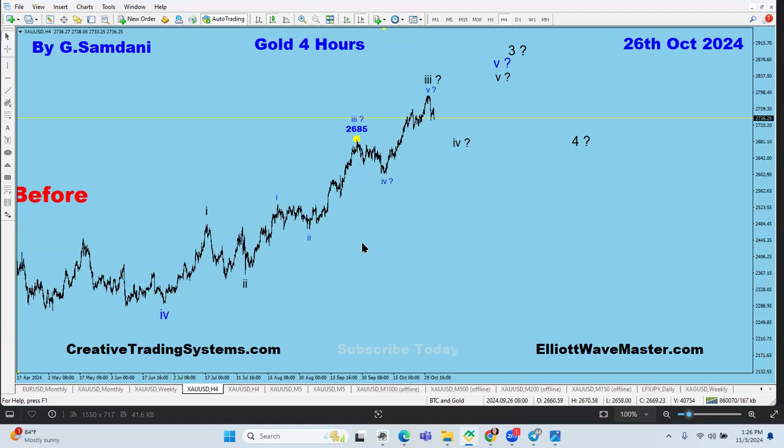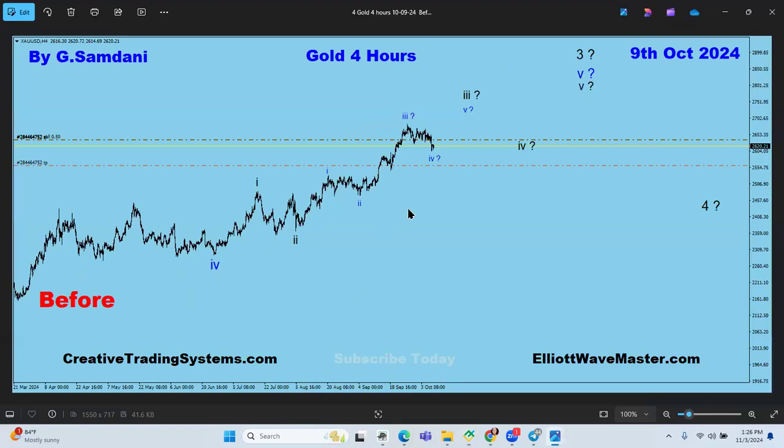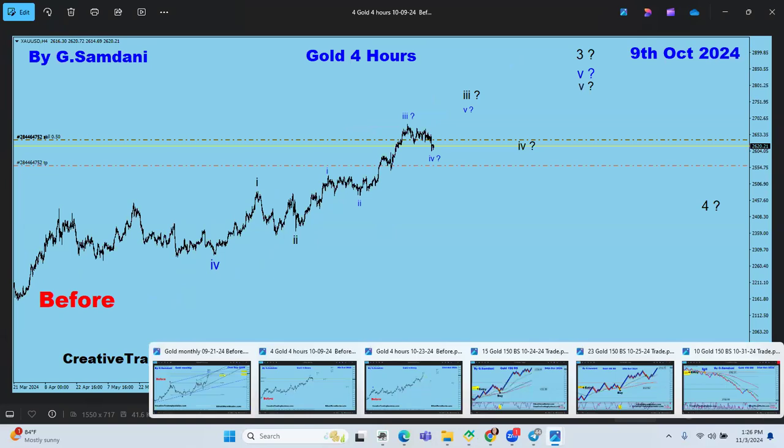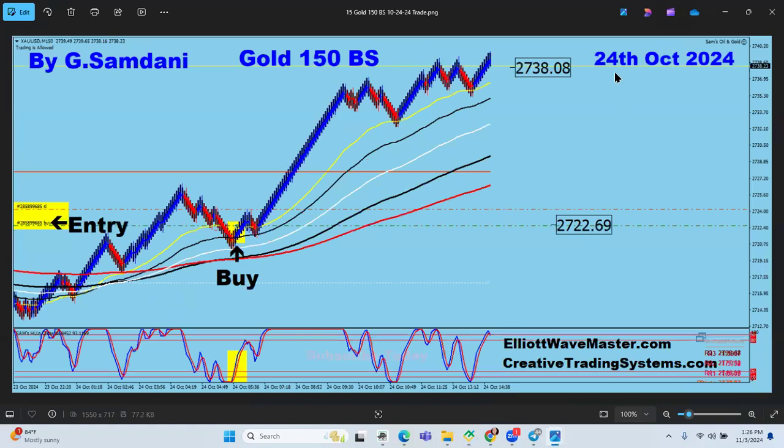And so now going to the upside from here to here, when I made the chart that it's going to go to the upside for wave three, remember that I just showed you the chart? This is the chart I made. It's wave four, and we're going to go up for wave five. So I had a couple of entries there to go to the upside, just like this one on the 24th, right?